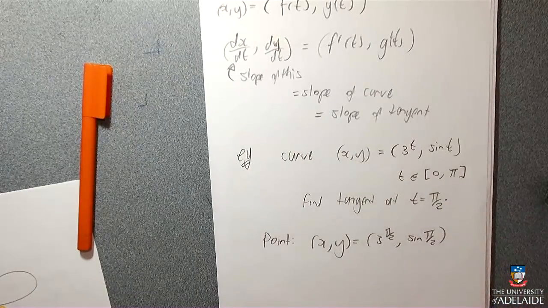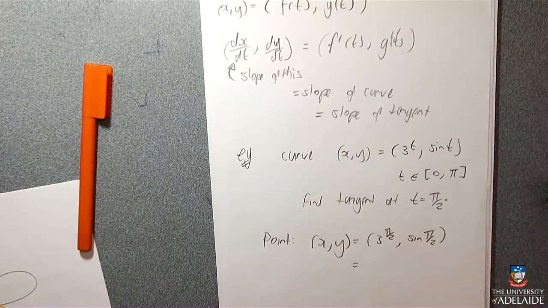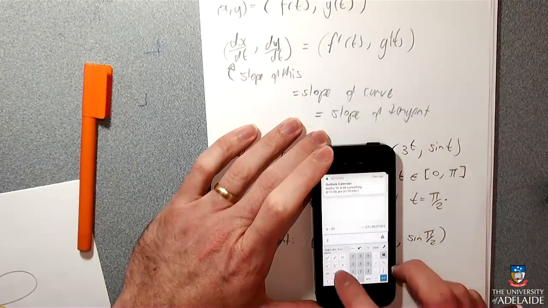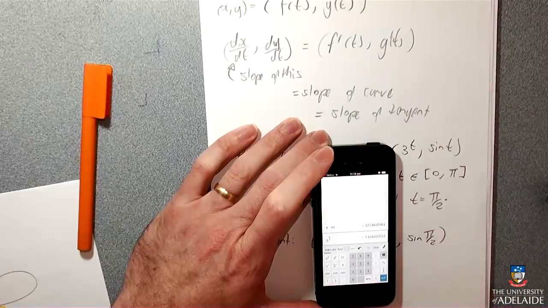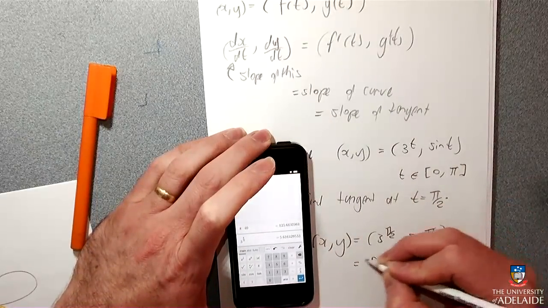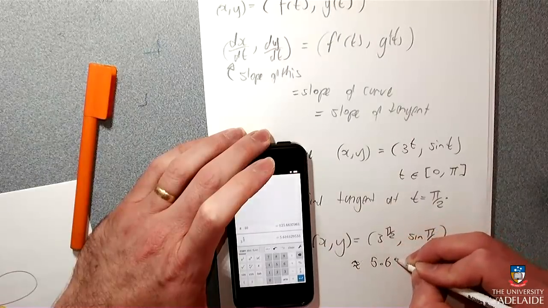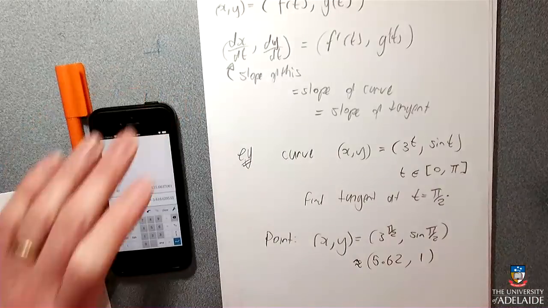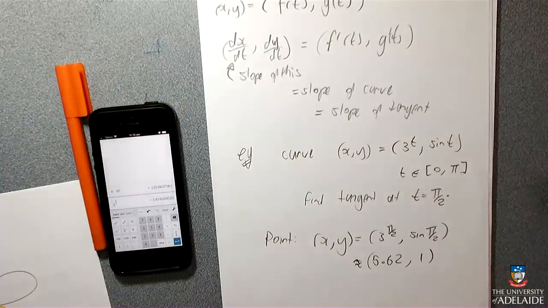It's that, whatever that is. 3 to the pi on 2, I would need a calculator for. It's only going to be 4 and a bit. Nope, 5.6. And I know that sine of pi on 2 is 1. Okay, so that's where it is. It's at the point